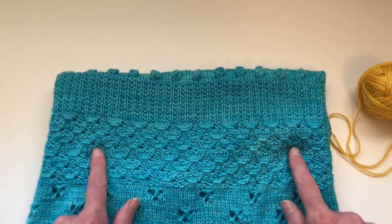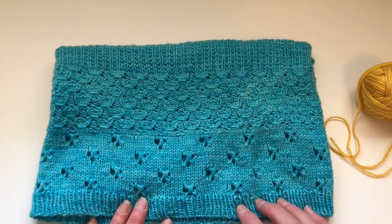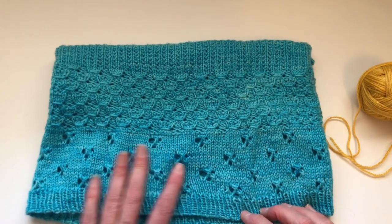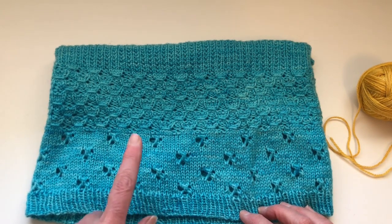So that covers the smocking section. The next 2 pieces that you'll be working through are this simple eyelet pattern and then the final ribbing. So I was not planning to do a video on the eyelets since those are basic yarn overs and decreases. If you have questions about that though and you'd like to see me work those, please let me know in